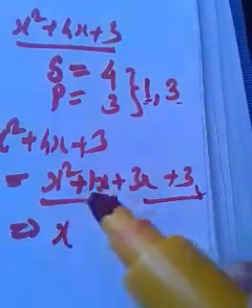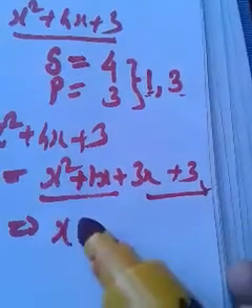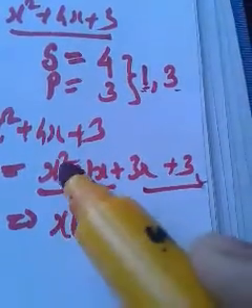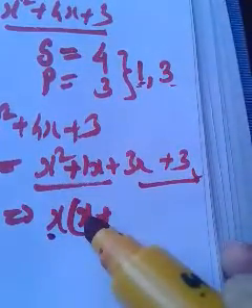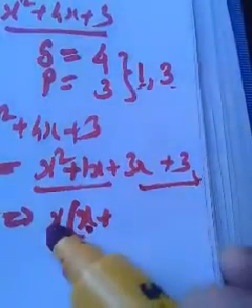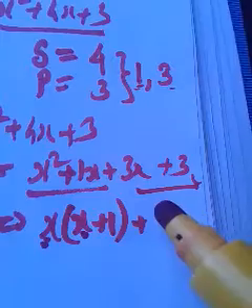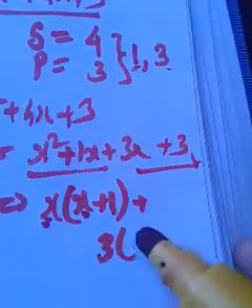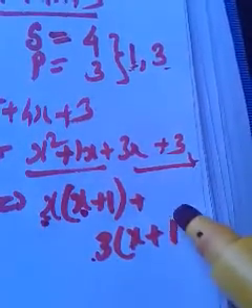X you can take outside, no? So what will remain? Once you take x outside from these two terms, from the first term x will remain, and from the second term, I have taken x outside, so 1x will remain. From x square, 1x is standing outside, then x will remain. From 1x, x is outside, then only 1 will remain. Then plus, from these two terms, which can I take outside? 3 you can take outside, no? So from 3x, when I take 3 outside, x will remain, plus from 3 I took 3 outside, 1 will remain. So now you just see,